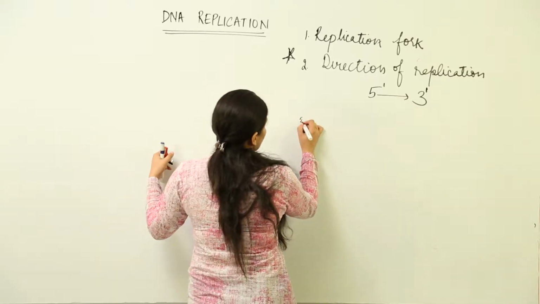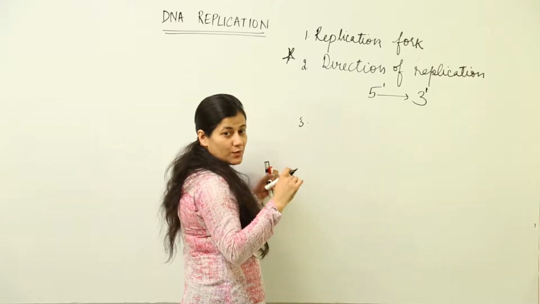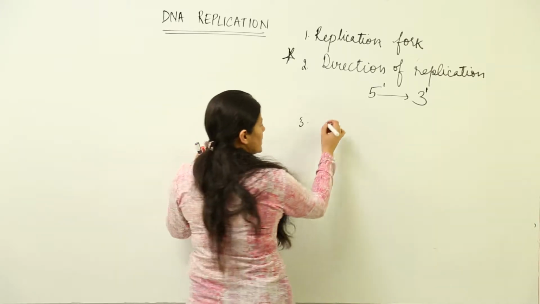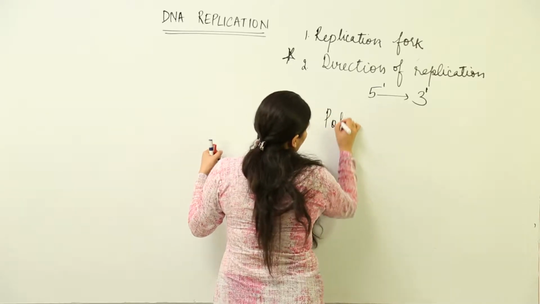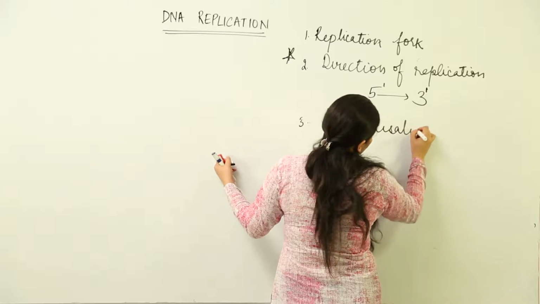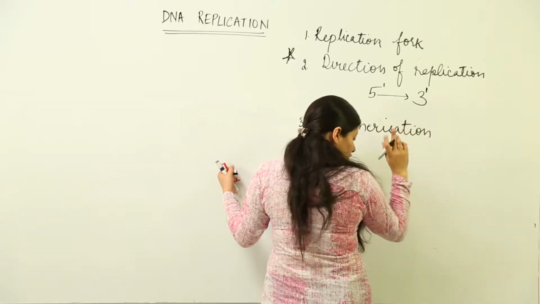Because DNA replication is a process where a new polynucleotide chain is to be synthesized. So basically the process is of polymerization, which involves